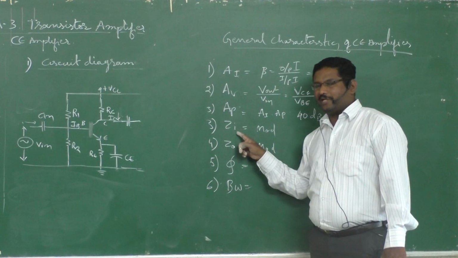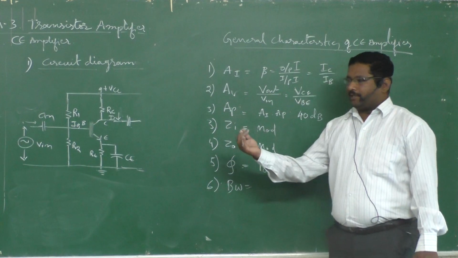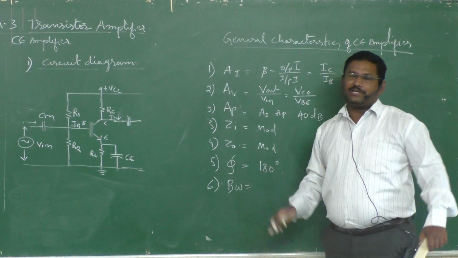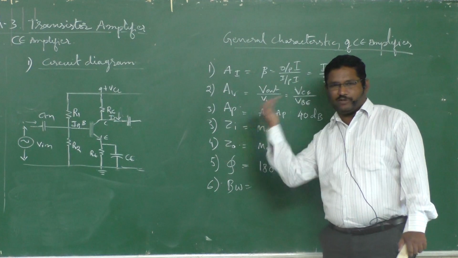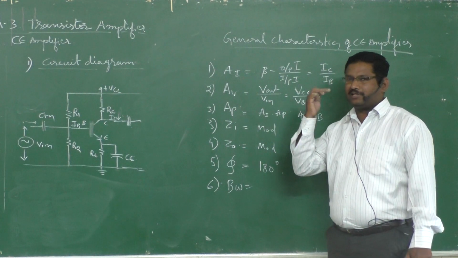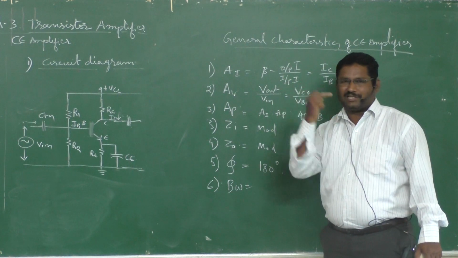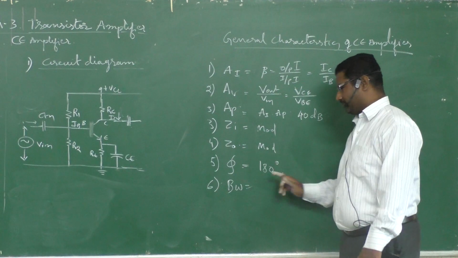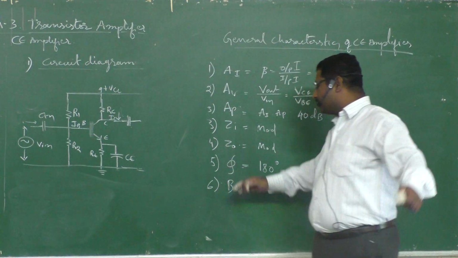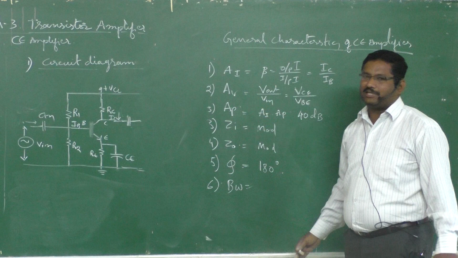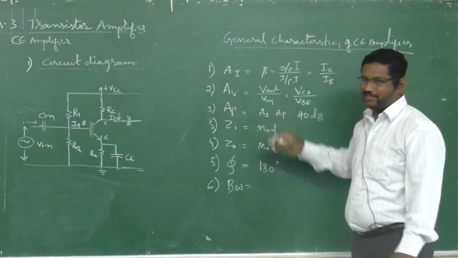And number 3 is the input impedance, and number 4 is the output impedance. Input impedance, I told you, is nothing but self-respect, and output impedance is something like a giving or helping hand. And phase shift is telling lies, or whatever you listen, whatever you are telling. So if the same thing you listen and the same thing you tell, there is no phase shift. And if you are listening yes and saying no, that is phase shift. Okay, and then bandwidth, what is your thinking capacity, so whether you will be able to respond to the larger frequencies. So these are the general characteristics which are similar to the human perception, so you can remember like this.